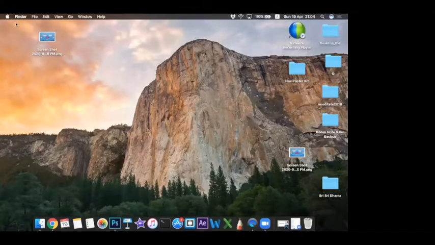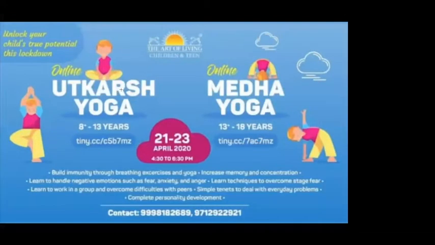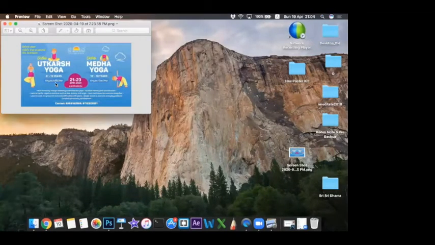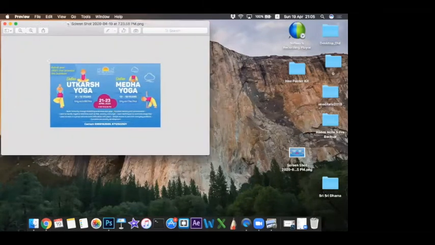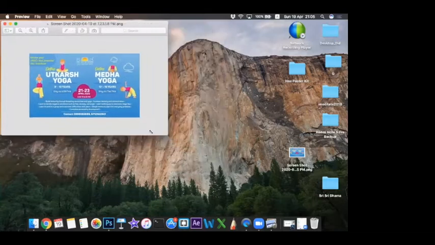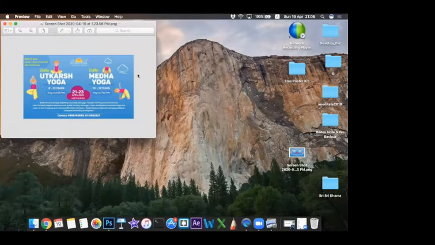Now, this is the poster that I had found online, and as you can see, the quality of the poster is not that great. So if you want to use it or edit it, you won't be able to edit it without the quality being lost further. What we can do is recreate this poster from scratch on photopea.com. All right, so I'm just keeping this image aside for reference, and let me just open up Photopea.